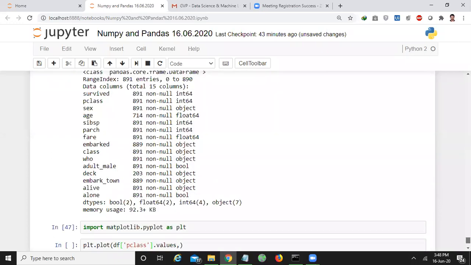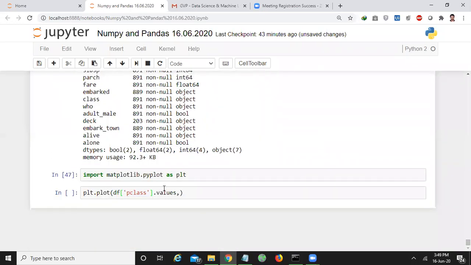But for graphs, or if you want to do some visual study, the values that you should pass are arrays. So I use df of pclass dot values. I want to plot some graph between the values of passenger class and survived.